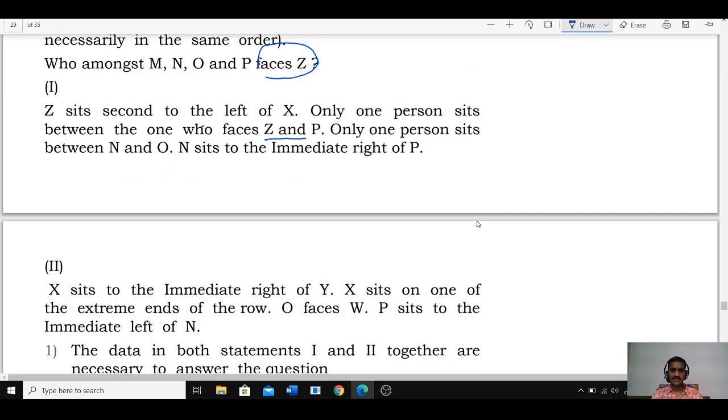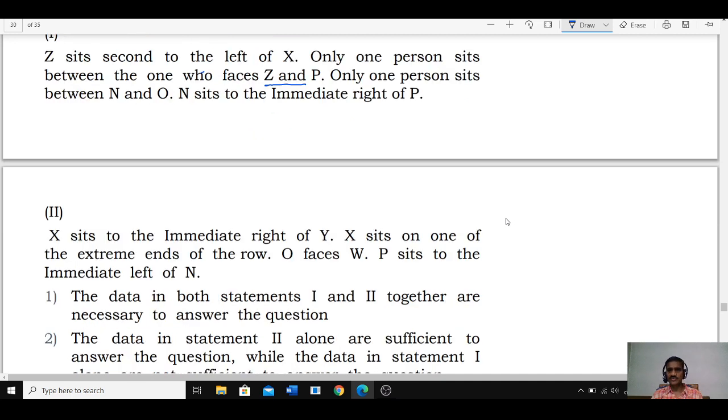Then coming to the second. X sits to the immediate right of Y, and X sits at one of the extreme ends of the row. As X is at one of the ends of the row, X can be either at the left extreme or at the right extreme. X sits to the immediate right of Y, so here if X is there, Y must be equal, not possible, isn't it? Hence, X sits at one of the extreme ends of the row, and X sits to the immediate right